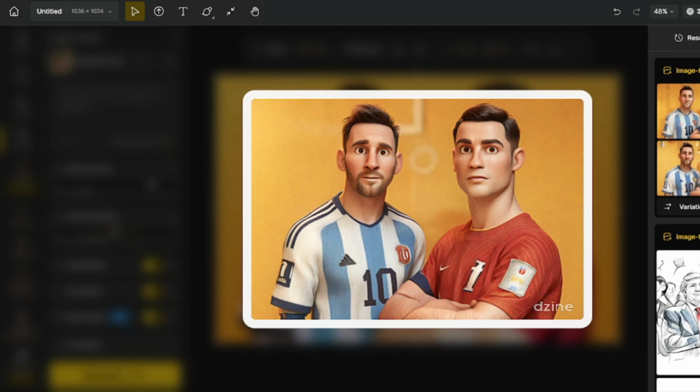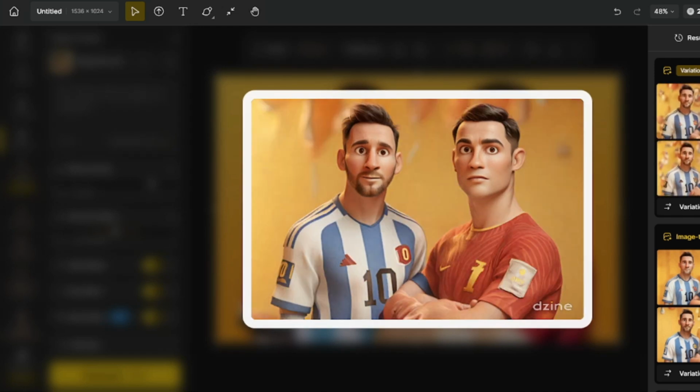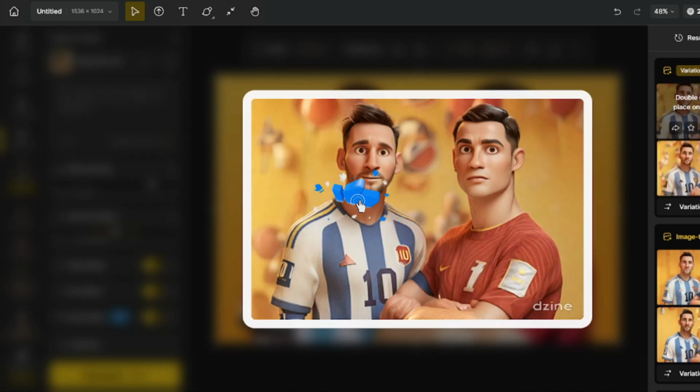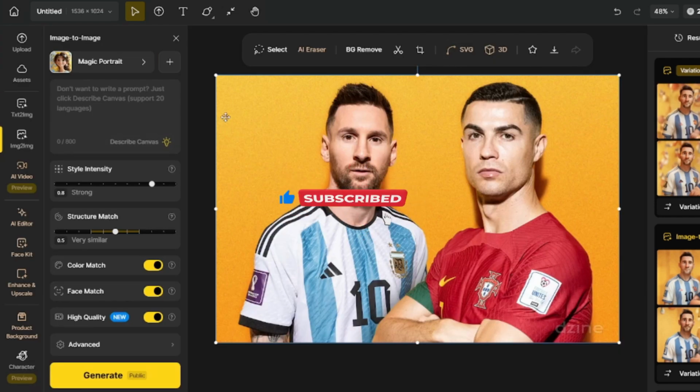So wow guys, I know you guys would be really surprised to see these kinds of images of your favorite footballers. I mean, 2 goats in the same frame. This image is looking really good. So let me just create some more variations from this picture. Alright, so some more variations of that picture are also given with a different background. So now I'm pretty much sure you guys had an idea about how to use this AI tool to enhance